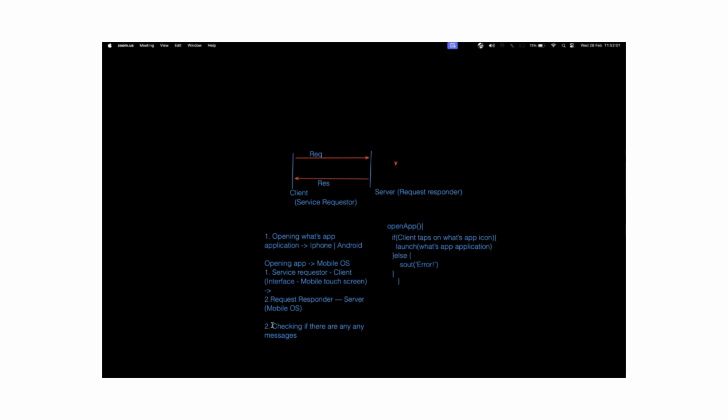Now the second task is checking if there are any messages. So here, if you see, we are opening the WhatsApp application. Let's say for an example, internet is turned off in our mobile. It is not turned on. Then in that case, again, there will be some code written, that if, for an example, net is equal, let's say, on, then it will again be calling one